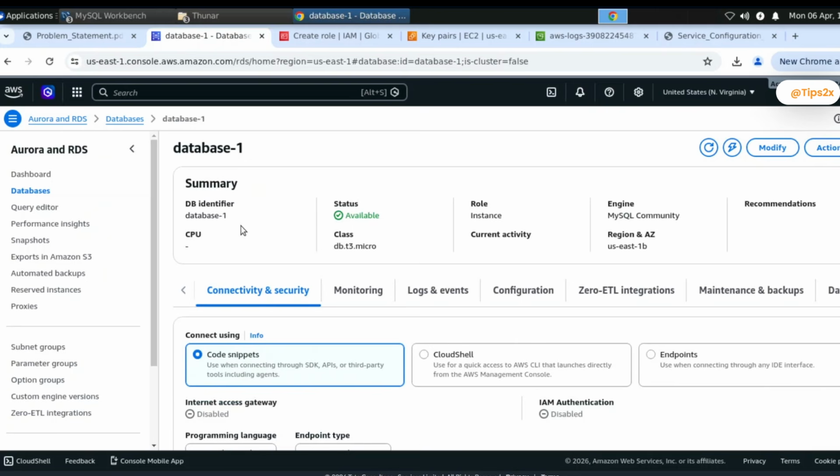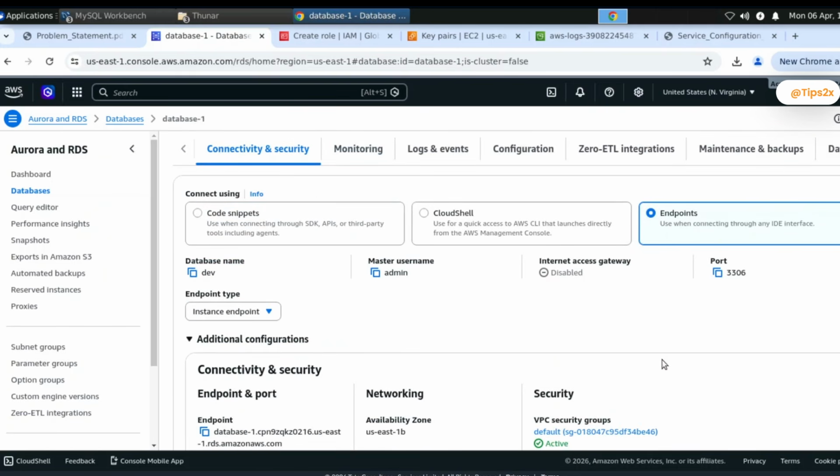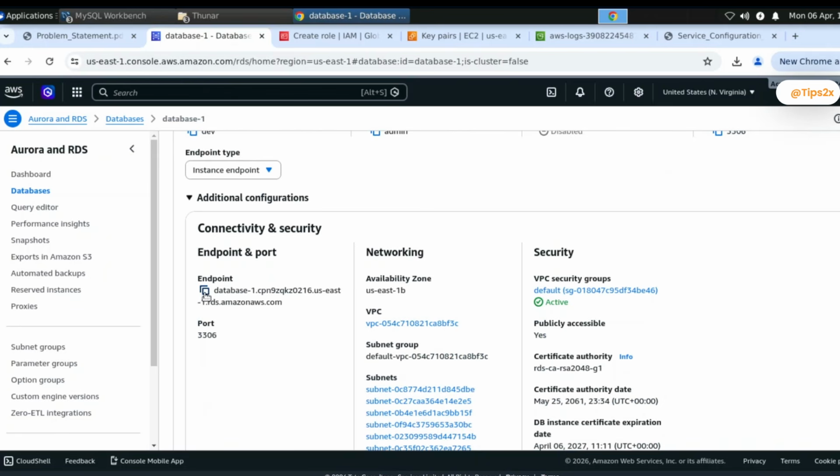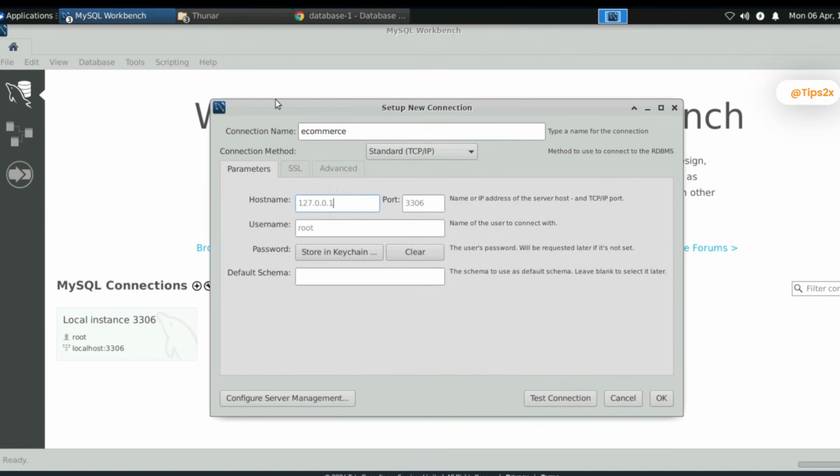Double click, click on endpoints, and this is our endpoint. Copy it, go to MySQL workbench, new connection, and paste it in host name. Okay,